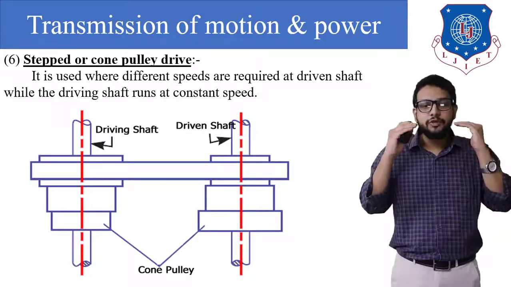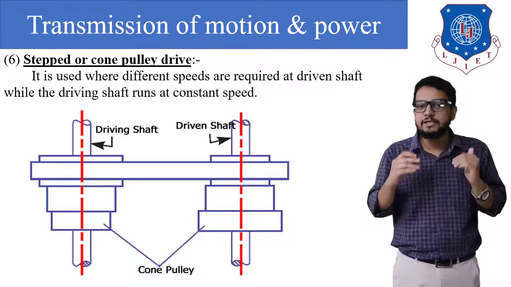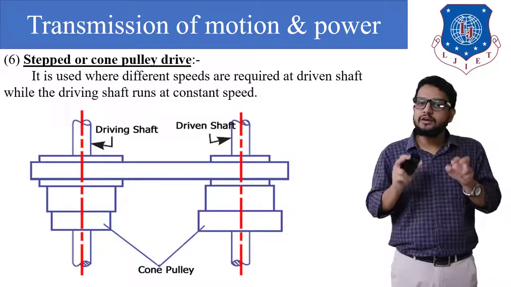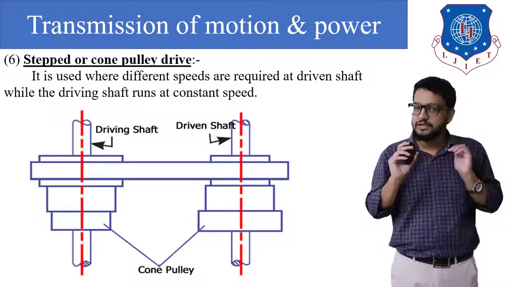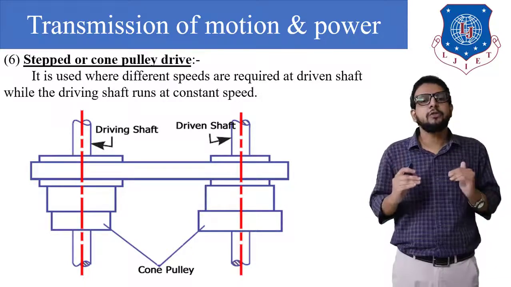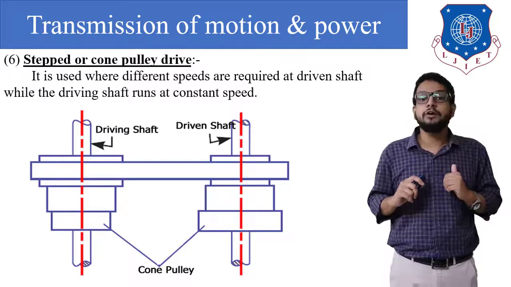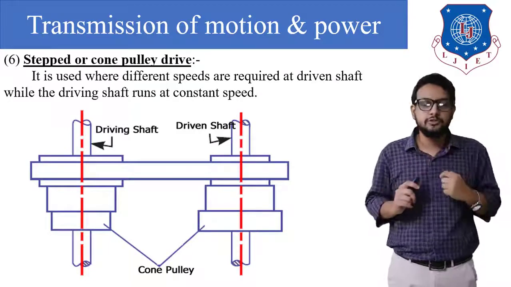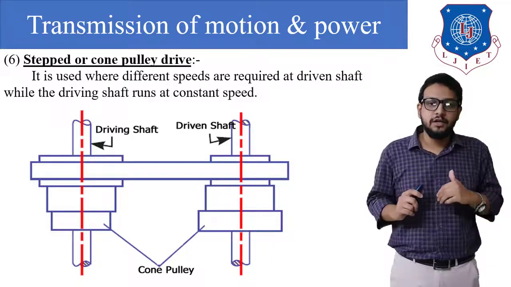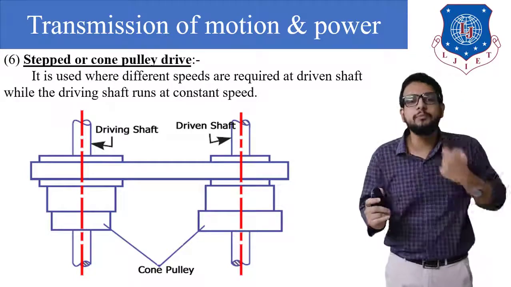Now when I shift the belt to a second position, that is the middle position, you can see that the size of both the pulleys is the same, which means the speed of both the driving and driven shaft will be the same. And when I transfer the belt to a third arrangement, on the driving shaft the pulley is of a smaller size, and on the driven shaft it is of a bigger size. So what is going to take place? A step down in speed will occur. That is, there will be a reduction in the speed of the machine shaft which has a bigger pulley.